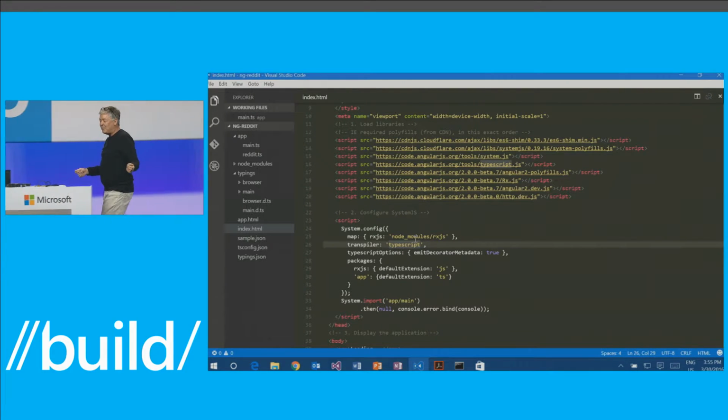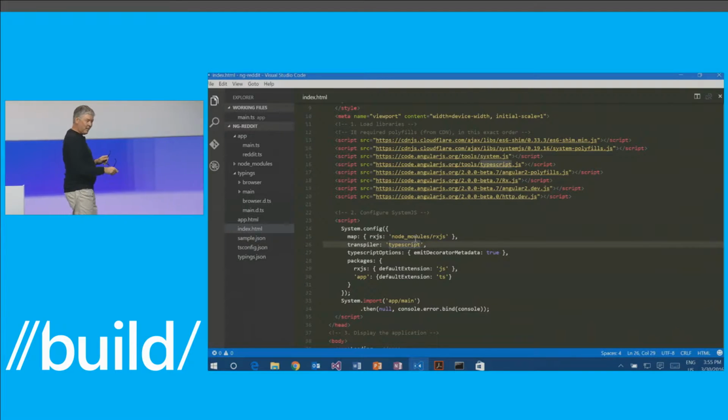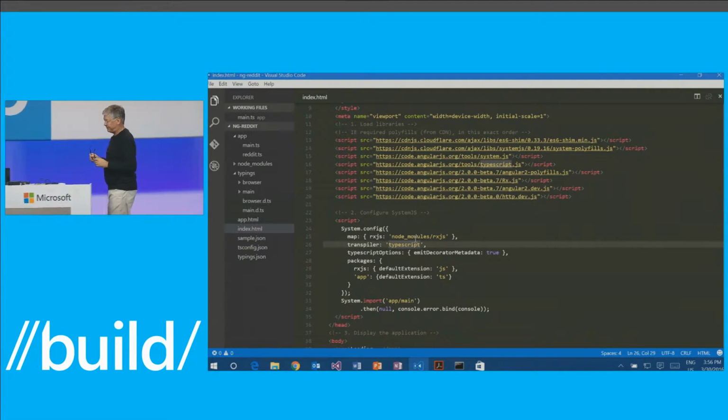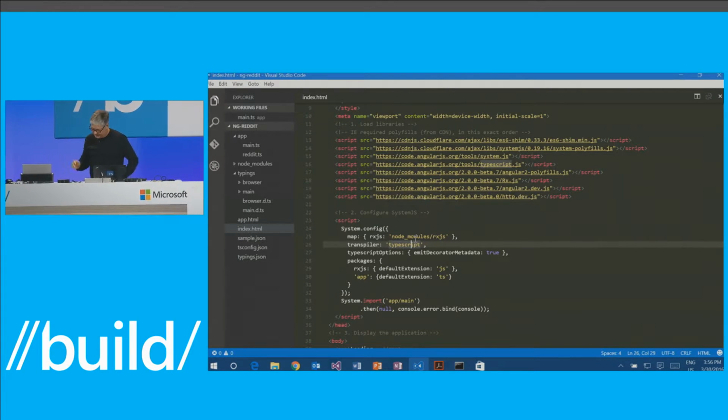And then the TypeScript compiler, because it is written in TypeScript and therefore compiles to JavaScript, can be embedded in your web page by the module loader, and the module loader can arrange for compilation to happen. And now you can have exactly the same workflow that you would have in JavaScript. Edit, save, go refresh the browser, and things just happen. That's pretty cool, isn't it?